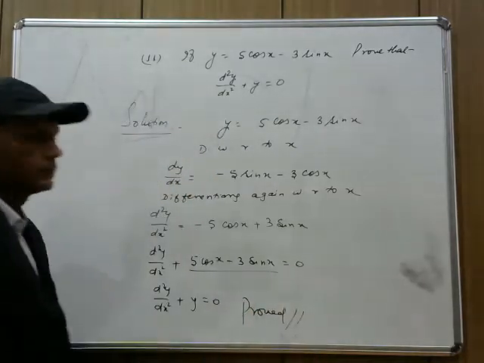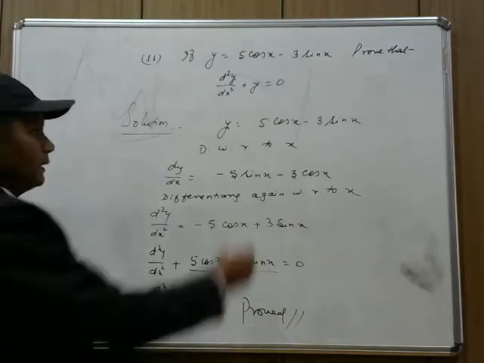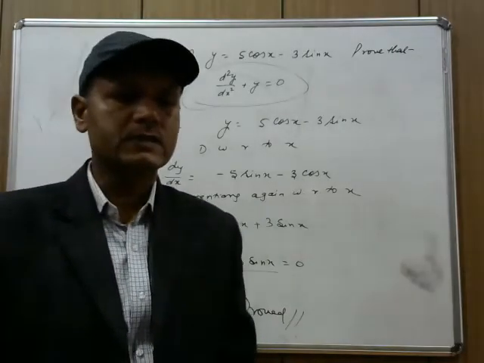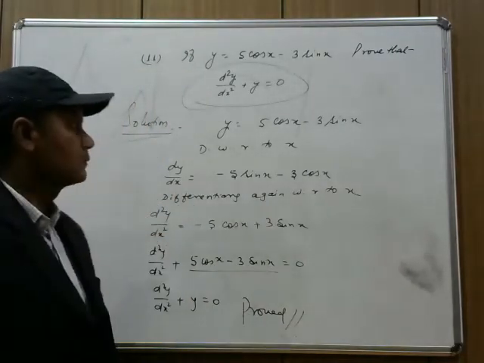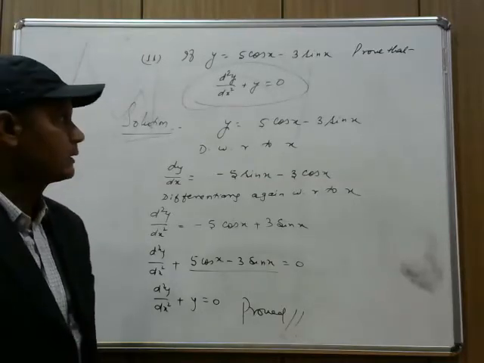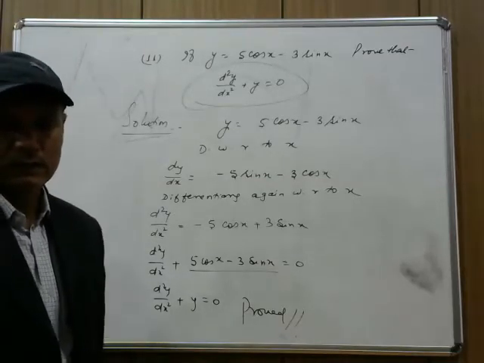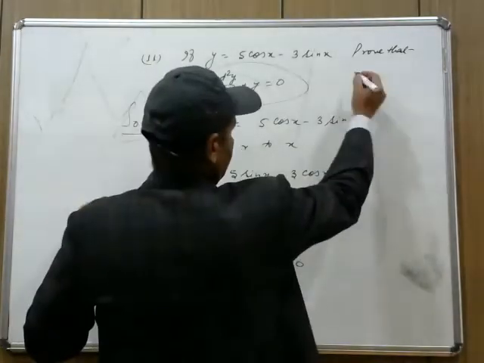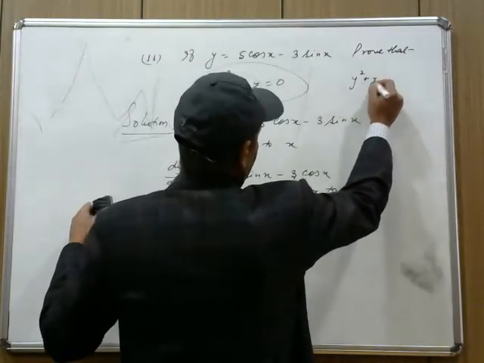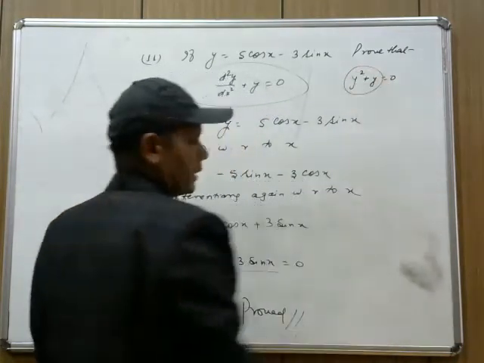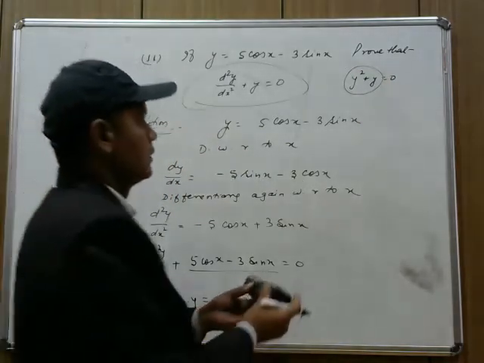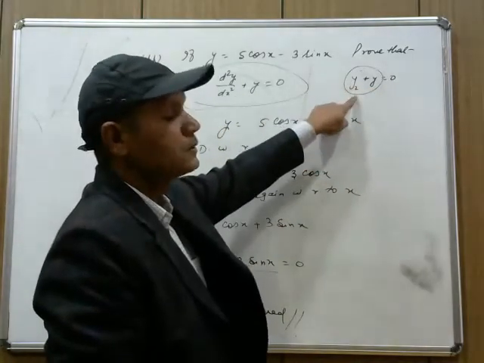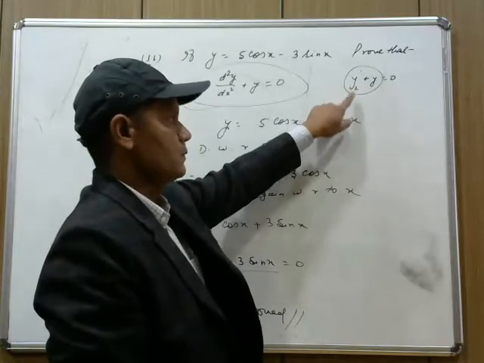See, these questions we can do in two ways. Whatever you have to prove, this is one of the easiest questions, that's why it seems very easy. But in some questions there are 2, 3, 4 terms. In that case, d2y by dx square is also there, and simple dy by dx is also there. And the question can be written like this also: prove that y2 plus y equal to 0. Don't get confused with this. This is not y square. This is differentiation of y 2 times, that means differentiation of the function 2 times, y2.